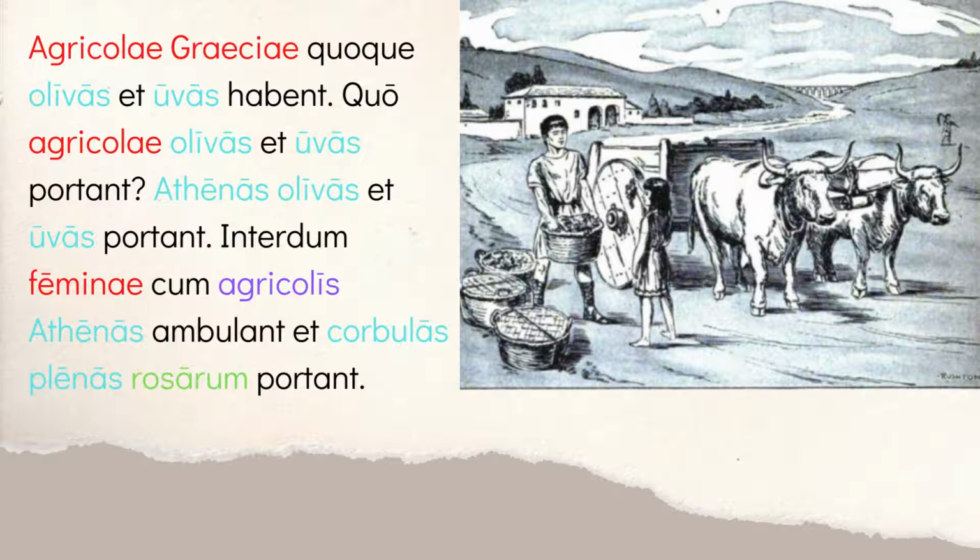So Athens here is accusative because, again, I'm talking about a city. I'm trying to show that it's placed toward something. So I don't use that preposition, but I need it to be accusative case because I'm still going towards Athens. A way you could figure this out, again, if you're confused, you can't carry Athens, so it doesn't really make any sense. They're carrying the olives and grapes to Athens.